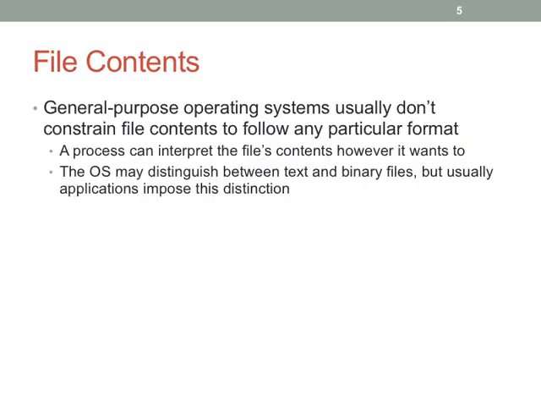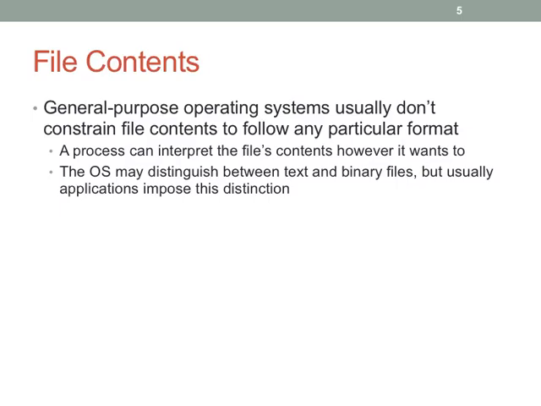Now, most of the time, OSs don't impose any constraints on what can actually go inside of a file. Like I say here, the process is the one responsible for interpreting the contents. You may have a few distinctions, like old DOS and old Windows would make a distinction between text files and binary files. But the problem is, nowadays, text files can look like binary files because you have stuff like UTF-8 encodings or UCS2 or various Unicode encodings, so that now you look at the contents of the file and it may look roughly like text.